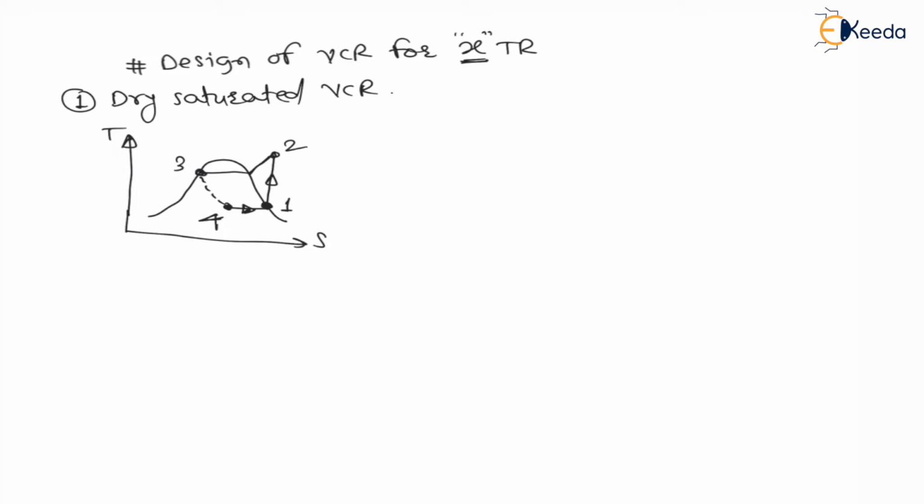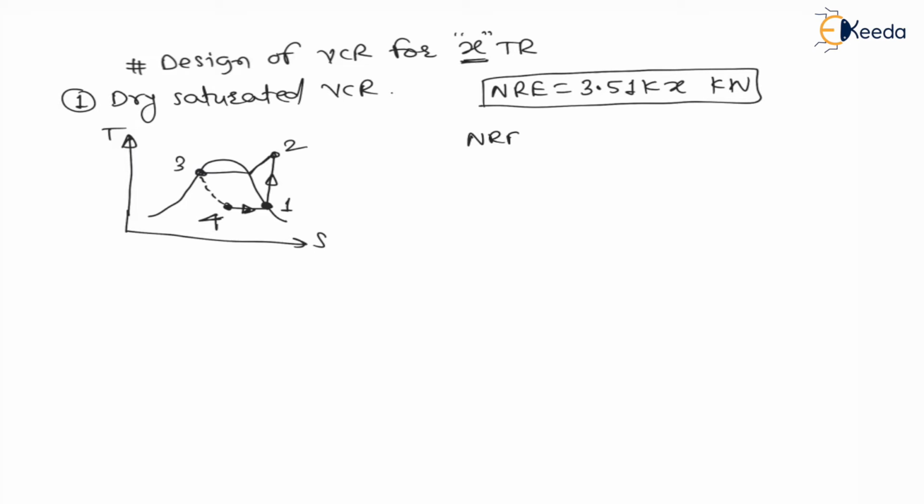Now here the X ton of refrigeration means net refrigerating effect is equal to 3.517 into X kilowatt. This is the net refrigerating effect, and net refrigerating effect is nothing but heat of evaporator. Therefore, from cycle 4 to 1 is an evaporator, and this heat is called net refrigerating effect. Therefore, here net refrigerating effect is equal to enthalpy difference H1 minus H4, but this enthalpy difference is in kilojoule